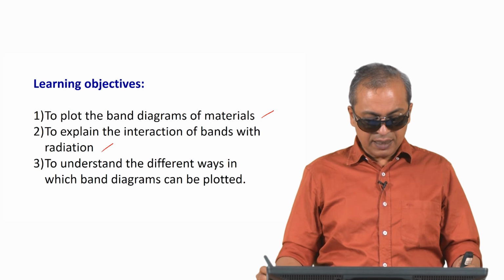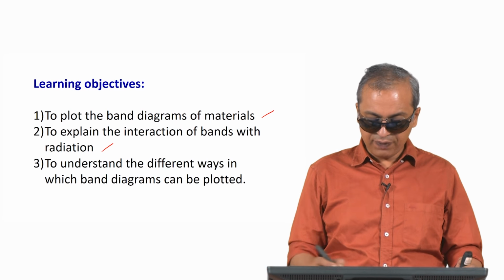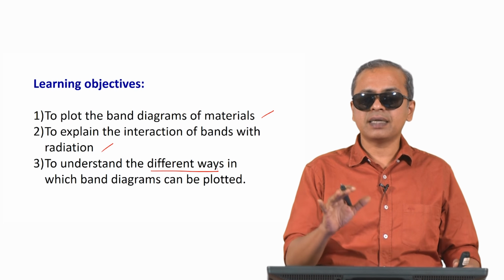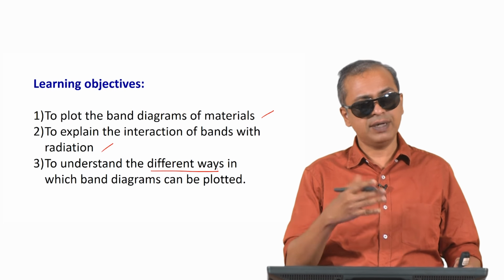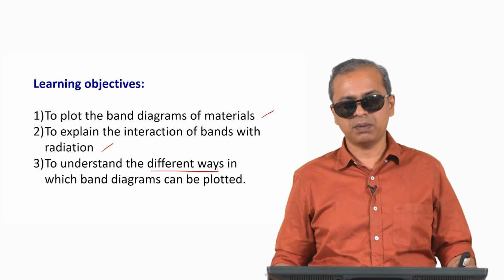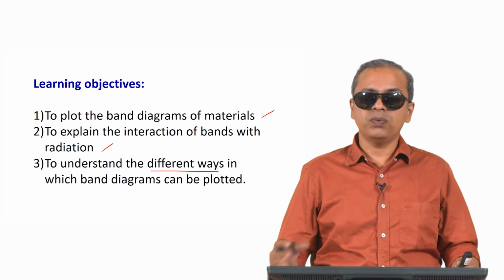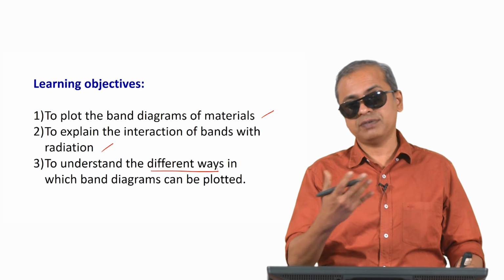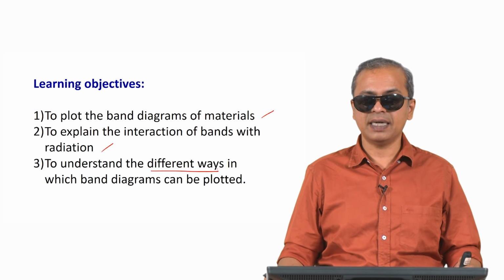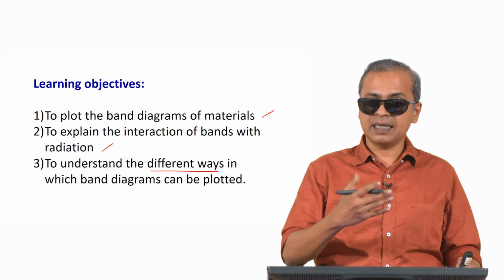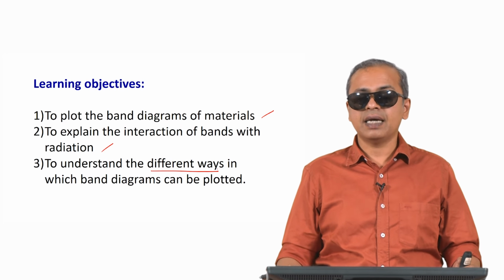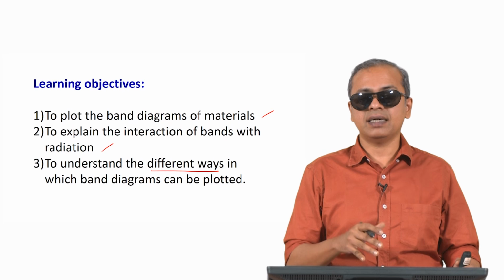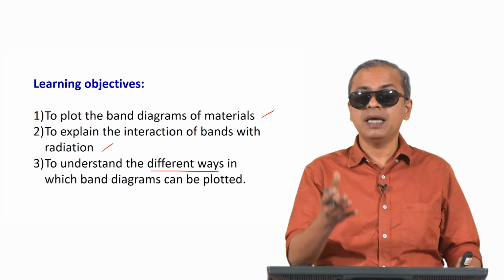And we will also look at in this class the different ways in which band diagrams can be plotted. This is very important because through school and in fact through most of college, there is a certain standard way in which band diagrams are plotted that most of us are familiar with. But when you look at the science of the material in much greater detail, especially if you have a physics background, you will learn that there are different ways in which the band diagram can be plotted, and some of those approaches actually have a lot more information about the material in the band diagram,